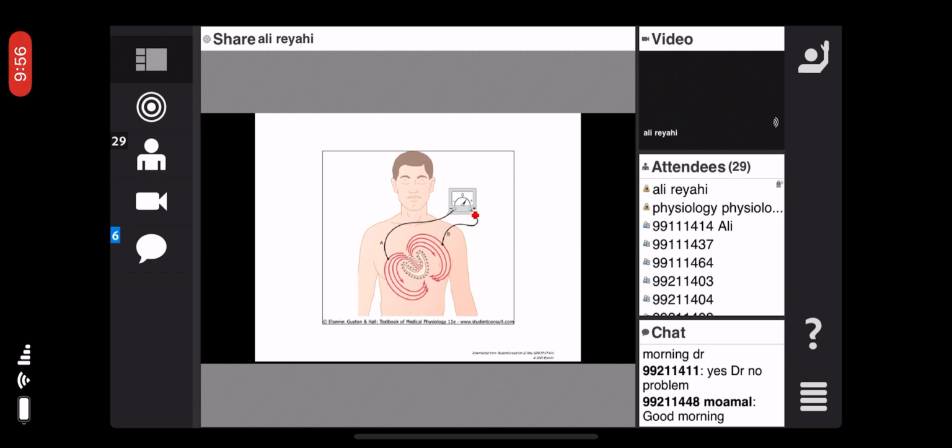Again, we have two electrodes which are connected to the positive and negative ends of the device, and we place them on point A and point B. As you see here, the spread of the electrical field from the heart toward the surface is from the upward and right toward the left side, but because of the position of the heart in our chest wall, and the atrium and sinoatrial node, the SA node,